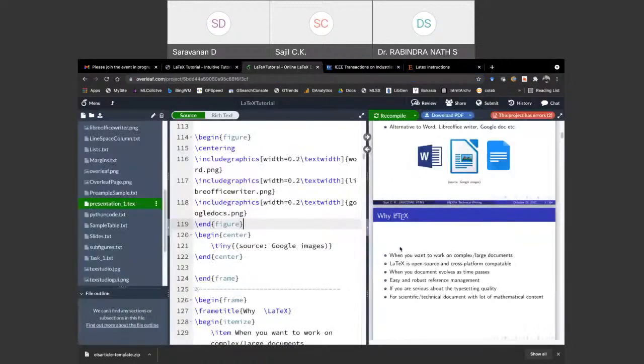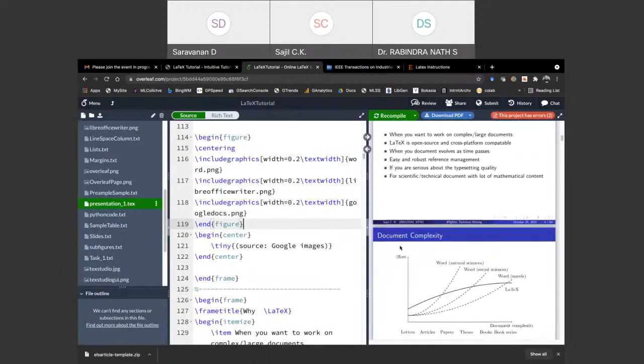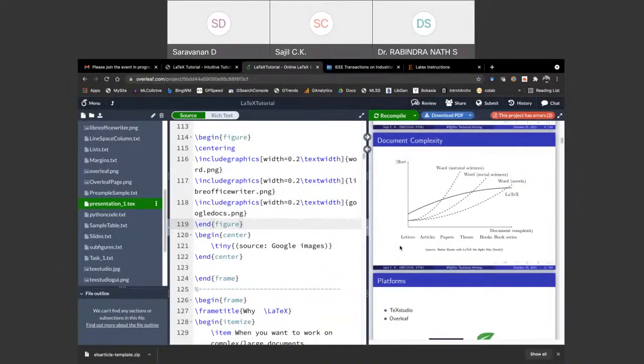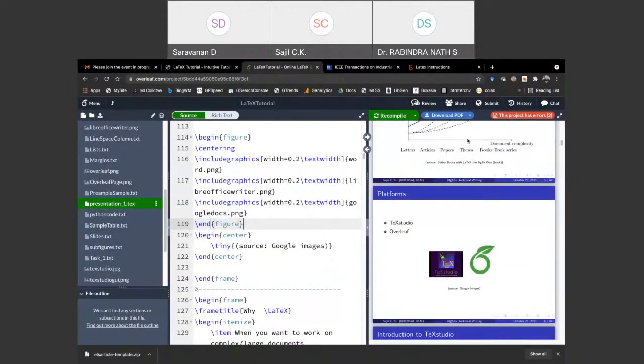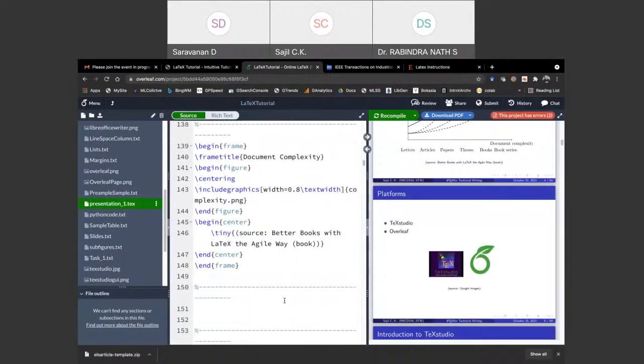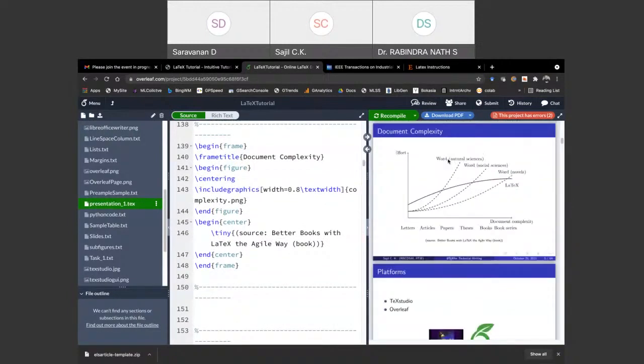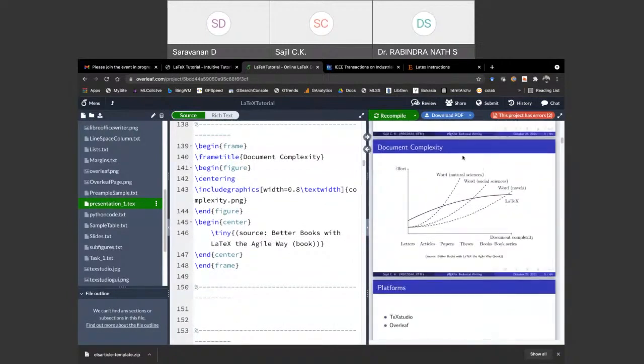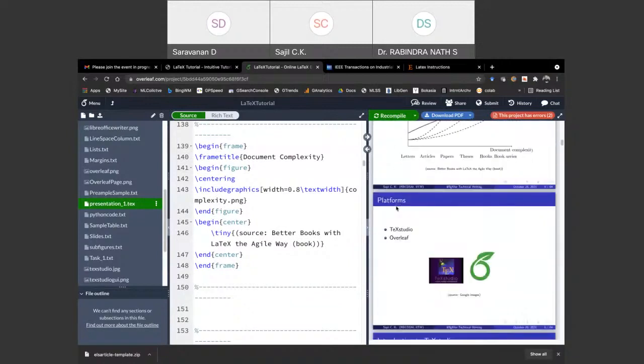Now here I have used the itemize, then here I am adding another figure. Here also you can mention the width of the image to take a percentage of the available width, and so on.